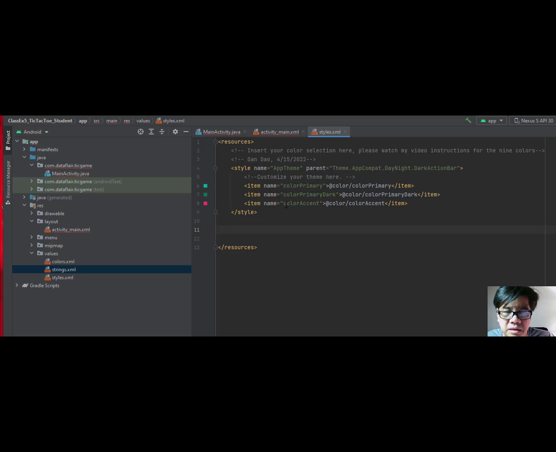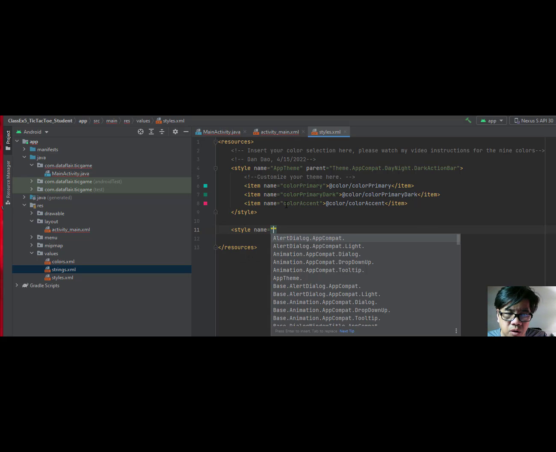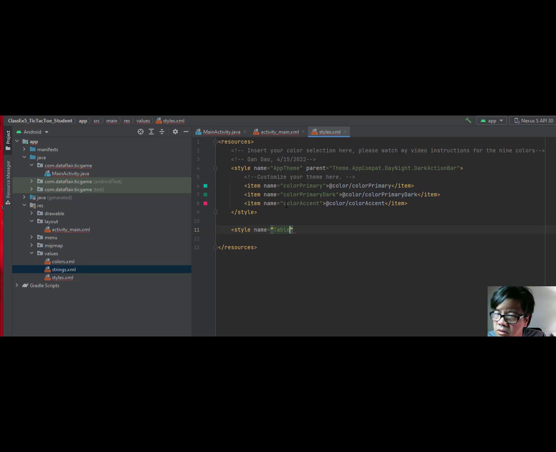We're going to do style, the style name table row. Okay, again, style name. We're going to call this table row. So make sure you uppercase that T and uppercase that R. Okay, so that first row, I'm going to do item name